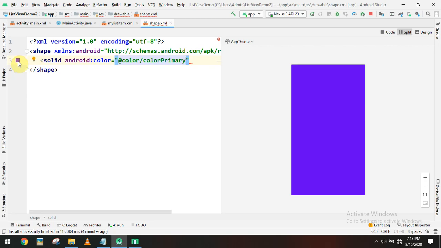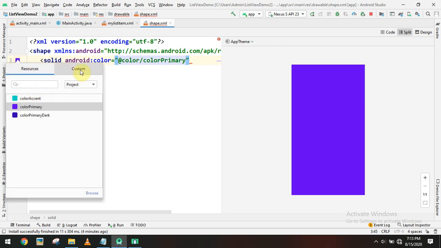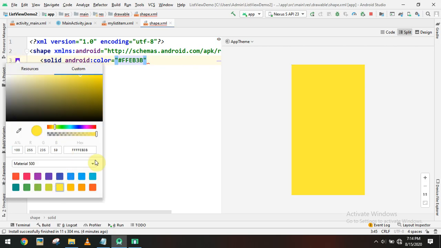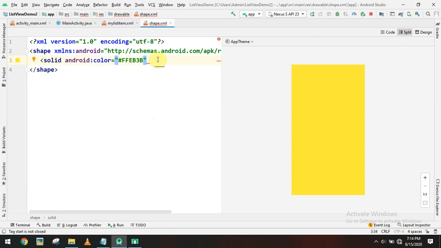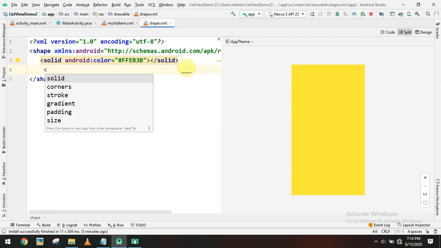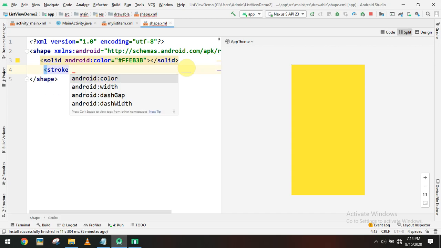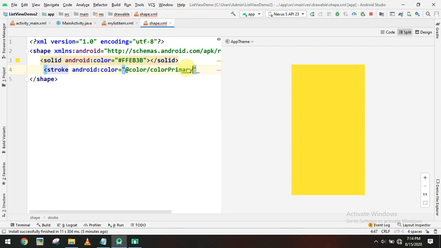So this is the design you will be getting. Here I'll change it to yellow, and we can set the border color using another tag called stroke. Using stroke, we can set the border color. Border color we can set as a blue color, primary color.